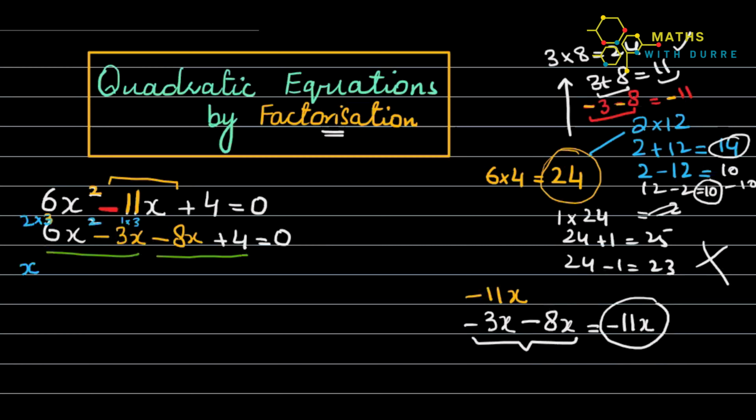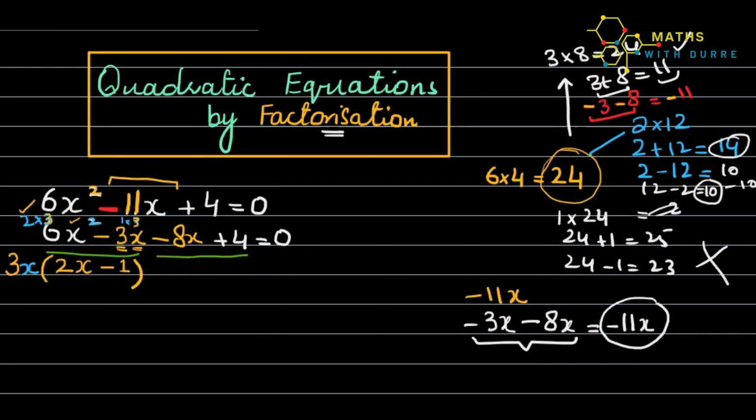Just observe, this 3 is common in both of them. So 1, 3, I will take it out. And what is left here? This 2 is not common, so I will keep it in the bracket. And 1x has been taken out, so I will write 1 left, and minus this 3 I have taken out, but 1 is left here. So either you can write 1 or not, it's up to you. But as you know, this x is also taken out, so it means you have to mention 1 here. Le ji, ye close ho gaya yahan par, right?